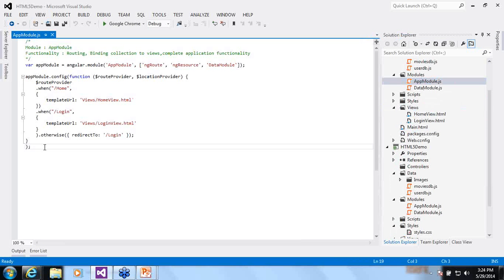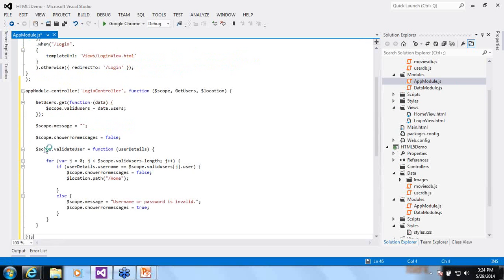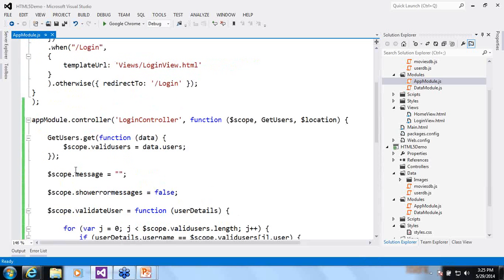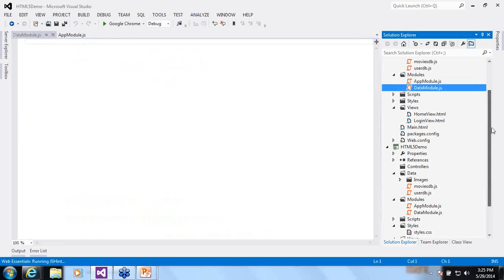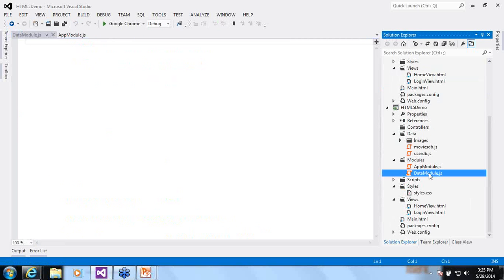Once we have written the routing information, we would be adding the login controller code, which tells us that the login controller takes in scope, it uses a service called get user service, and it uses the location object. So before I even use the get user service, let me go to the data module.js and paste in the data module code.